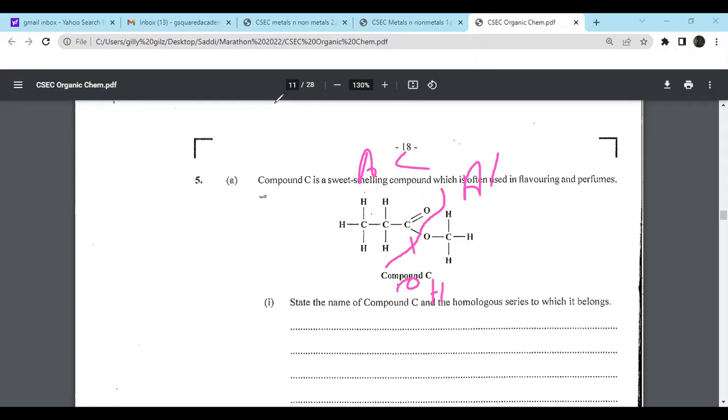And to determine the alcohol, I put an H right there. So this is actually propanoic acid, and this is methanol. Now, if I want to give the name of this compound, let me clear all drawings. If I want to give the name, I would need to separate it into acid and alcohol again and name